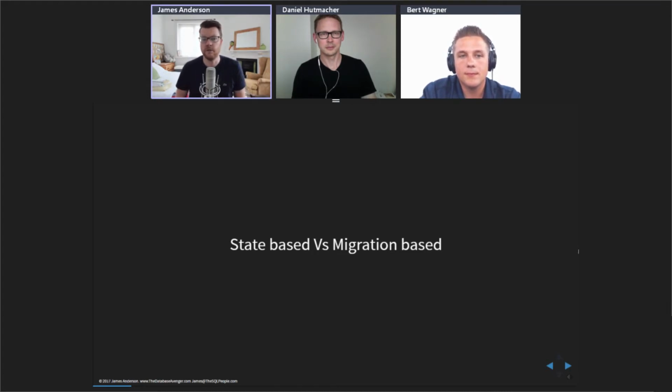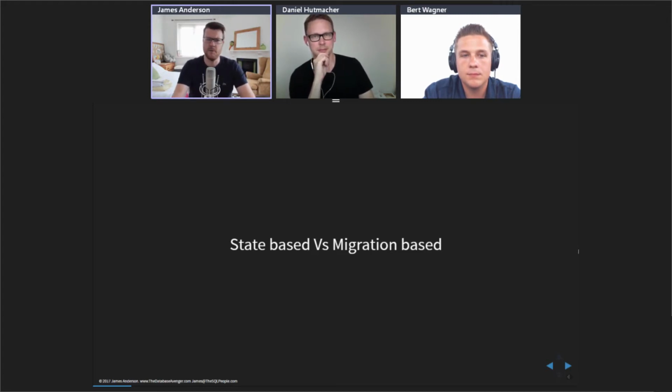So typically there's two methods of doing this. We've got a state-based and a migrations-based. So the state-based is the kind of magical approach where we use a schema compare tool, we point it to our live production system, and then we point it to our development or sandbox system where we've got our new changes, and we ask it to figure out what the differences are and make production look like our development one, and it will generate a script and go off and do that. Bit scary because we may not see what that script is, or it may be a big long ugly script that's difficult to read,